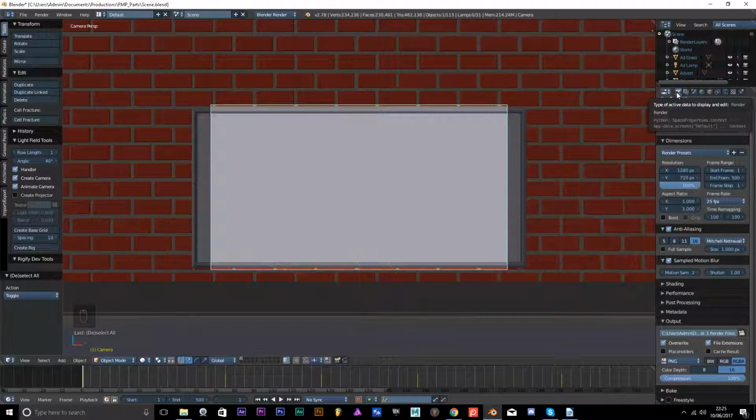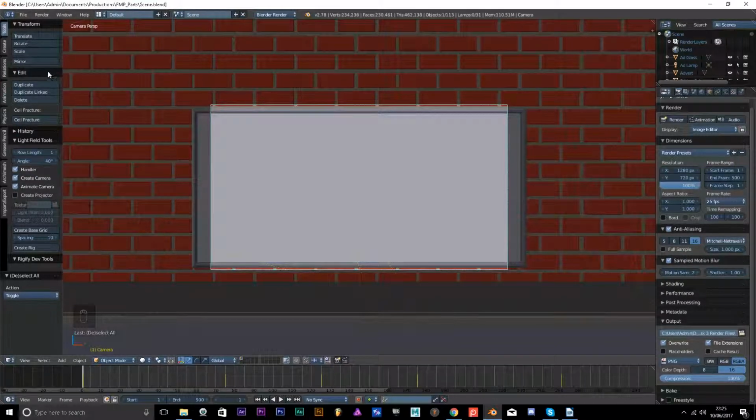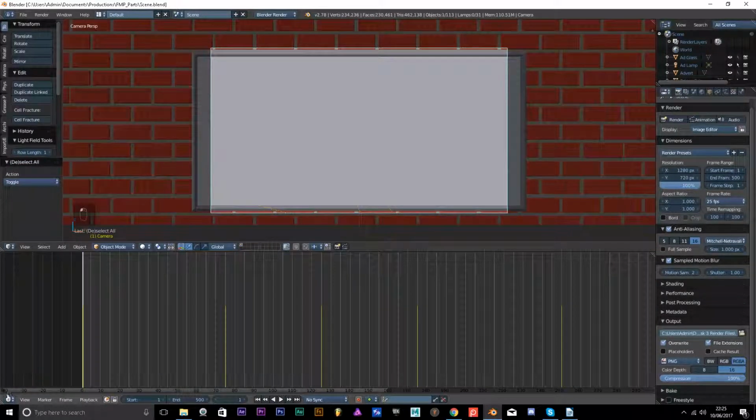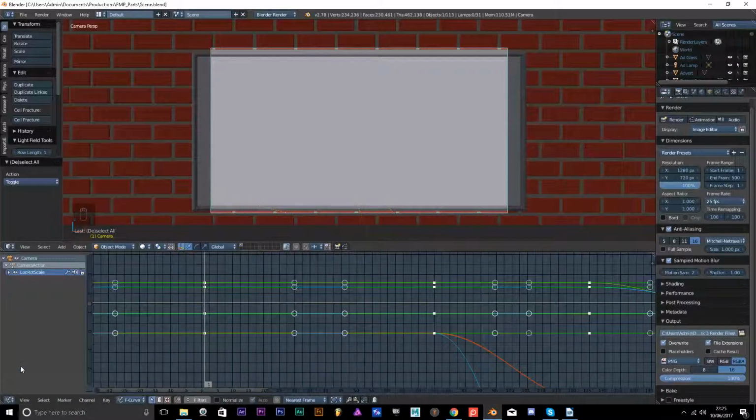And because I sometimes hold it with my hand, and for something like this, it's a moving camera, well, therefore I think to make it a little more authentic would be to, let me just save it. Yeah, I think to make it more authentic, I would have to give it a shaky camera effect. To do that, I am just going to bring up my timeline, and then I am going to go into my graph editor.